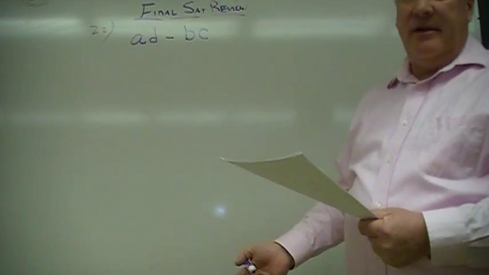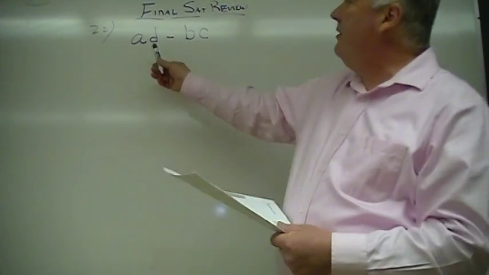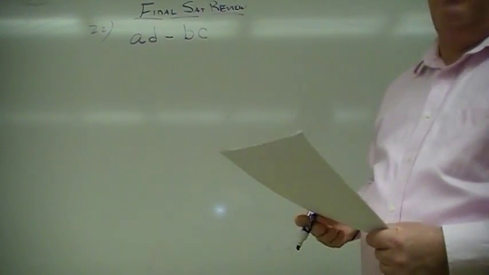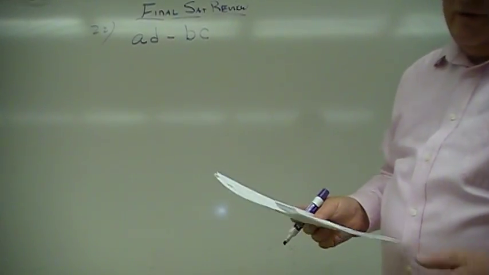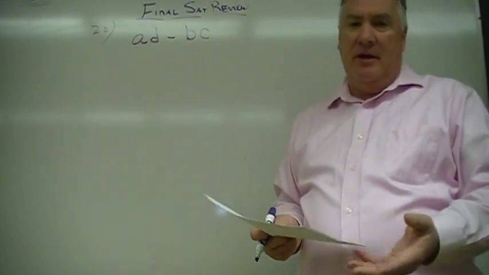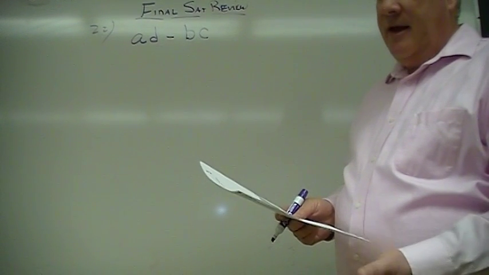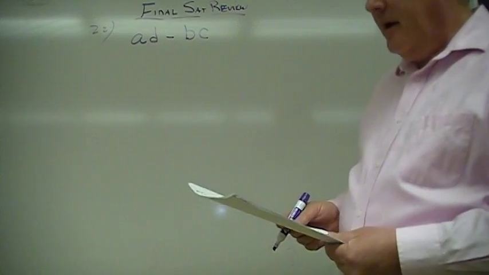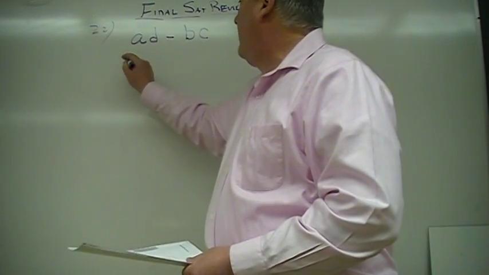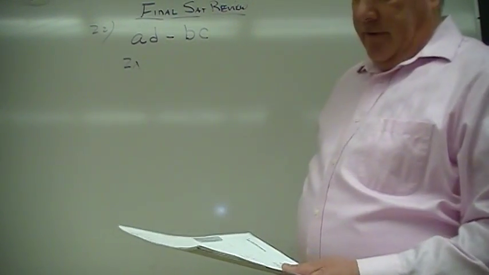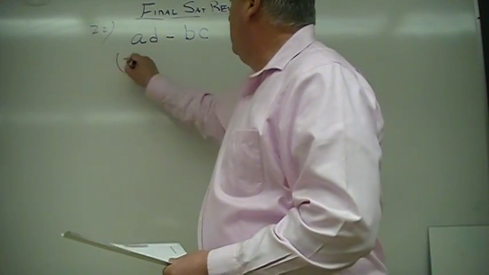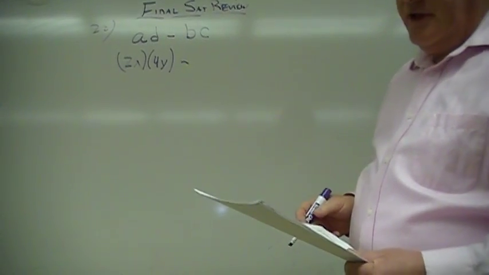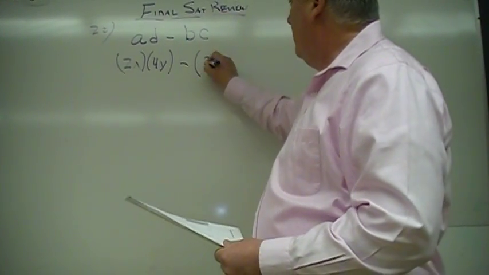Take your time, see that there's kind of a pattern that they give, which tells you that A times D minus B times C will give you what they call in this case the determinant, which is really the value we're looking for. And then they give you what A, D, B, and C are going to be. So we end up with 2x for A times 4y, which is D. B is 3y,